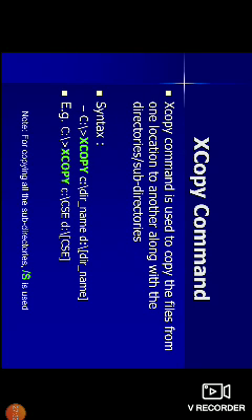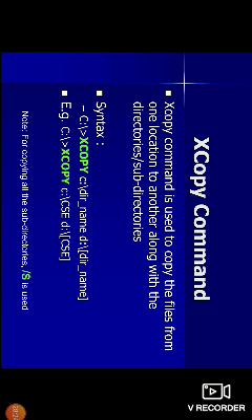Next one is the xcopy command. The xcopy command is used to copy the files from one location to another along with the directories or subdirectories. So here the syntax: C colon slash greater than, this is the command prompt, xcopy space C colon slash dir_name space d colon slash in square brackets dir_name close square bracket.